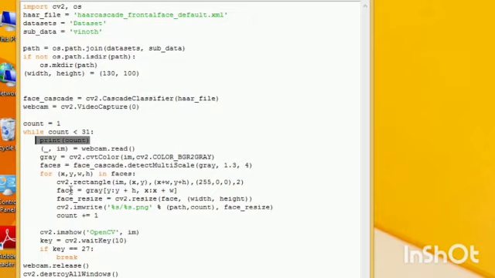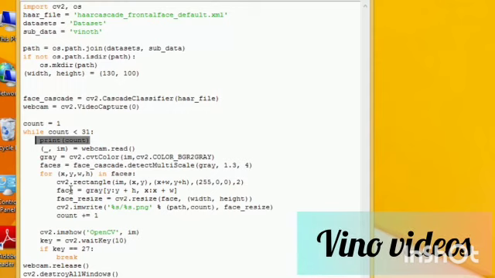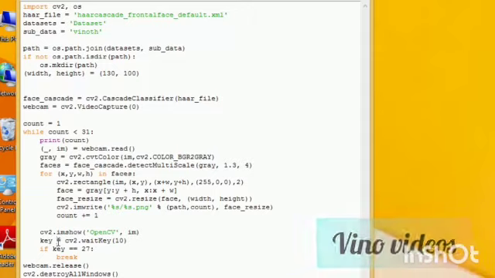Then I need to initialize the rectangle. In the thumbnail itself we saw there is a rectangle near my face, that is the rectangle part. For that we need to declare the width and height. Then at last we need to create a key in order to release the webcam. If you press any key it will destroy all the windows.